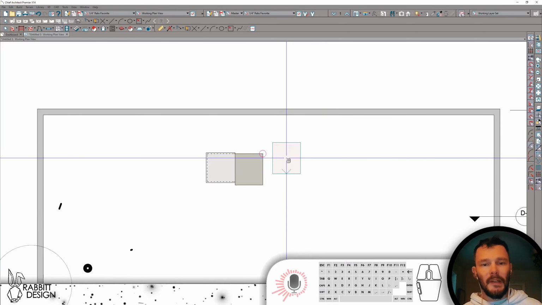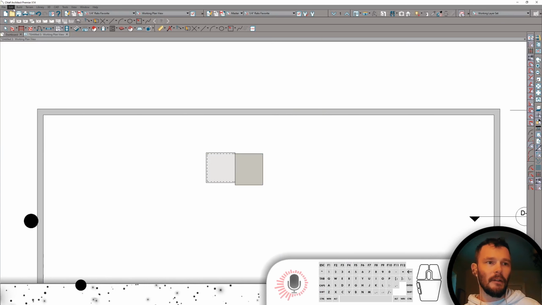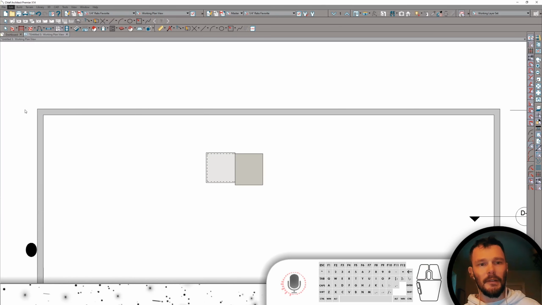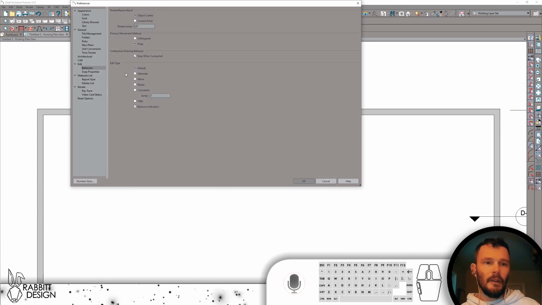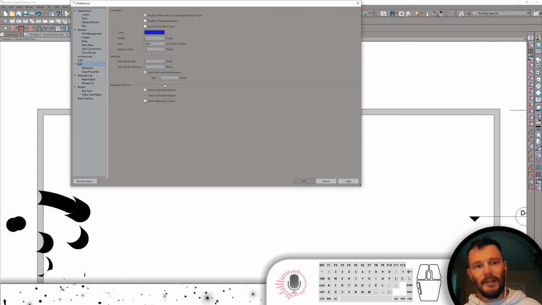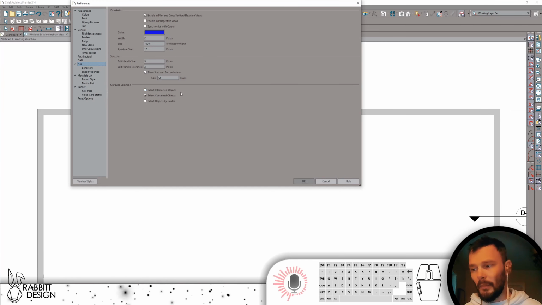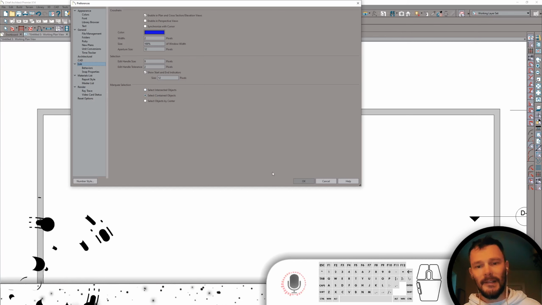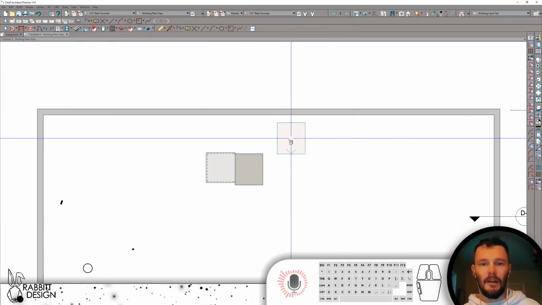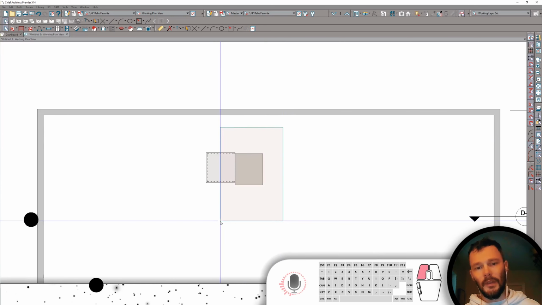Let's look at the difference between contained selections and intersected selections. Let's go ahead and get into our edit menu, preferences, and we want to go ahead and get into the edit panel. In the marquee selection section, we see select intersected objects is usually selected out of the box by default, or select contained objects. Now select contained objects will only select those items that is fully contained within a marquee, so